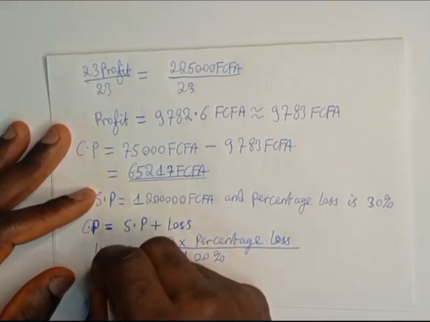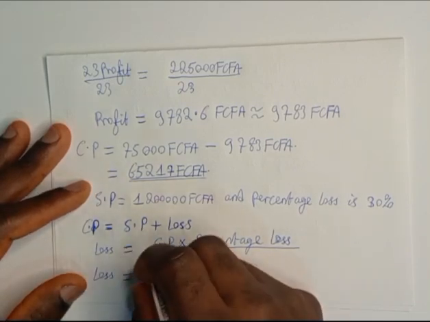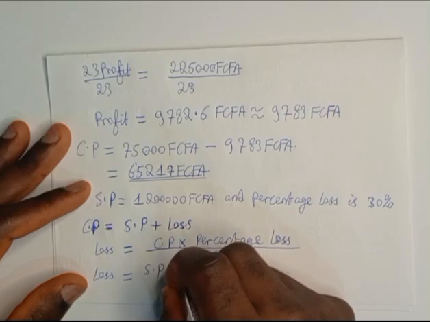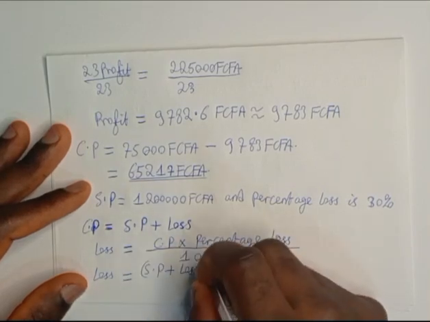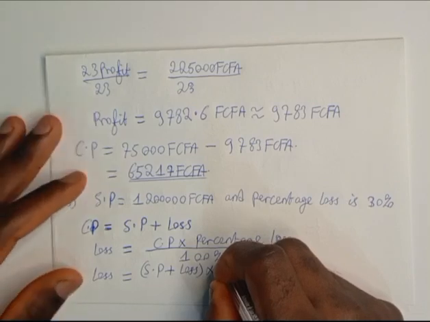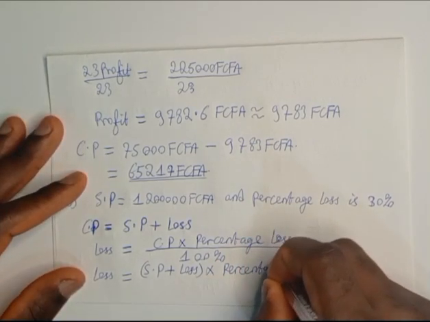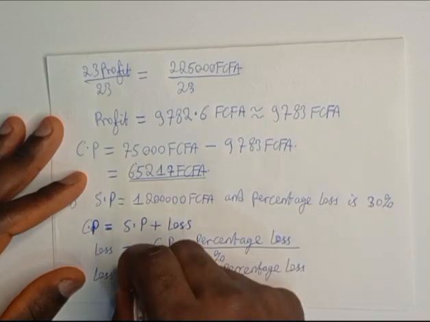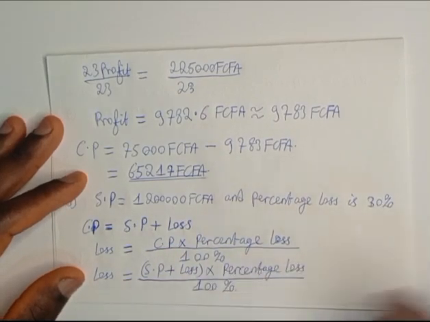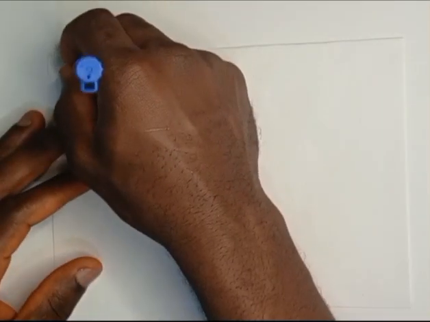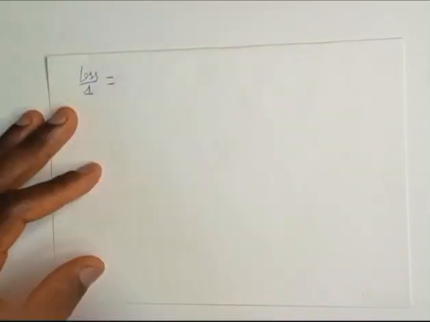And this will give us the loss to be equal to cost price, which is the same as selling price plus the loss, we multiply by the percentage loss, we divide by 100%. This will give us the loss, which can be written as loss over 1, to be equal to the